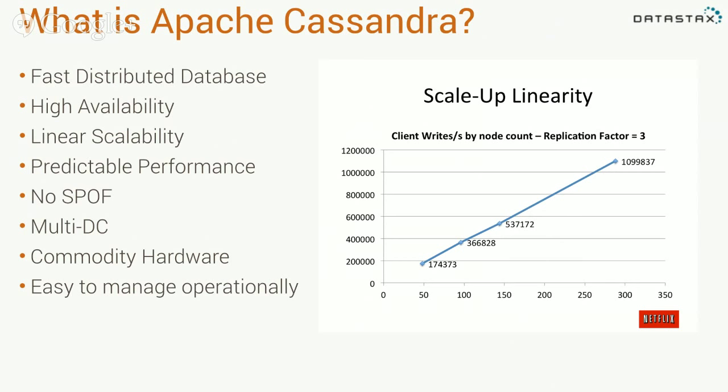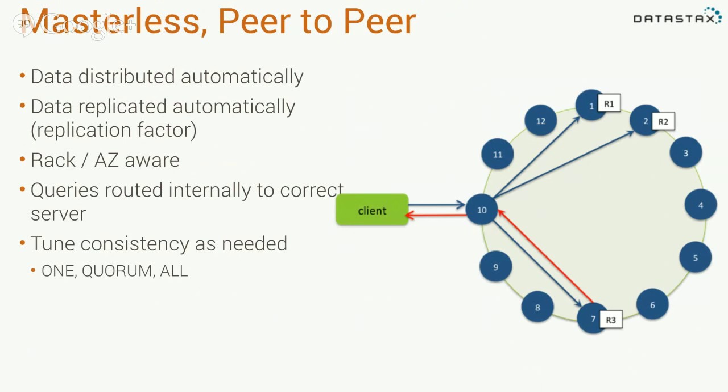And we definitely want this to be easy to manage operationally. We don't have to write 50 homegrown tools to move data around. We don't want restarting a server to upgrade the OS to take down our entire system. This should be something that I can go through and upgrade one machine at a time and fix, let's say, the OS version, and nobody should know. There shouldn't be a problem.